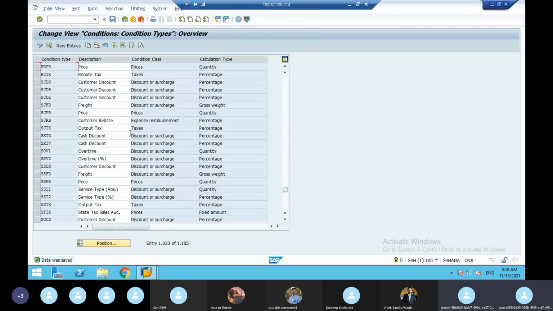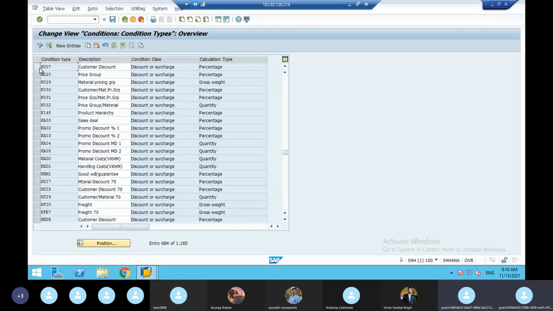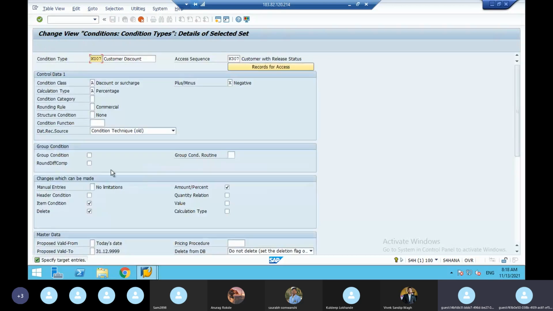Next, discount. Discount SAP standard is K007. That is called customer discount. This also, select and copy as. So here also I'll make it. So here discount, I'm going to change it as RRDS. RRDS, DS means discount. Here access sequence, my access sequence, why?